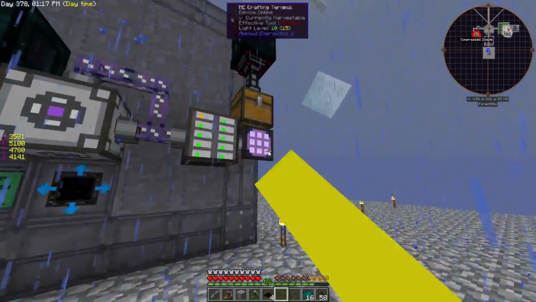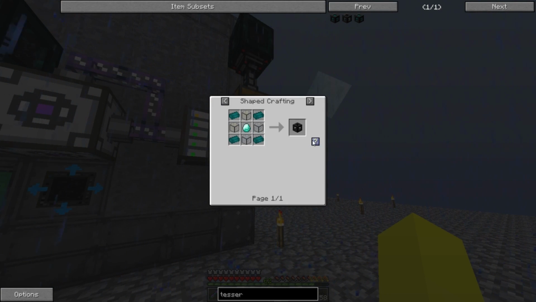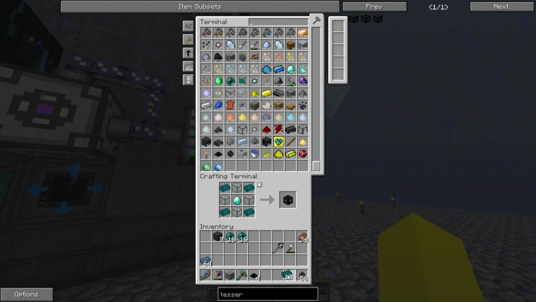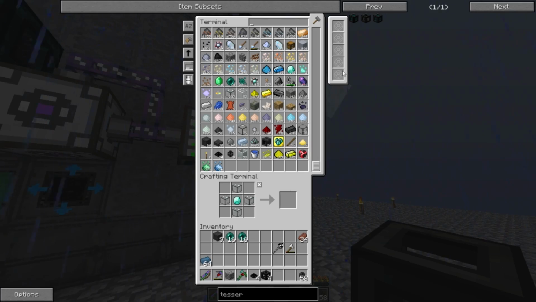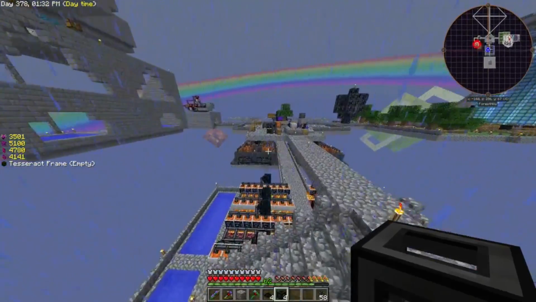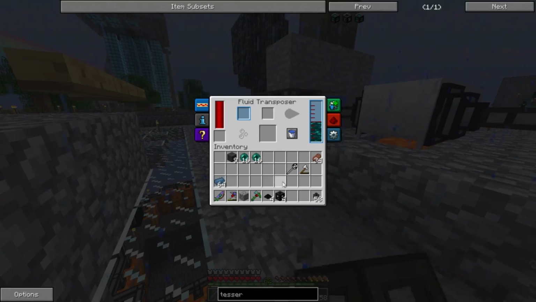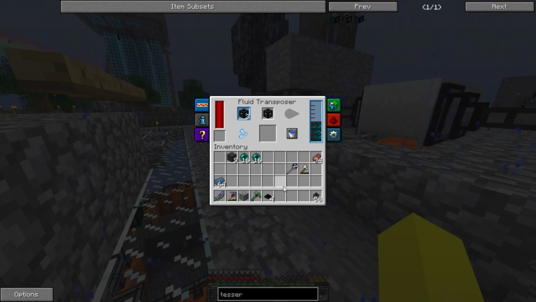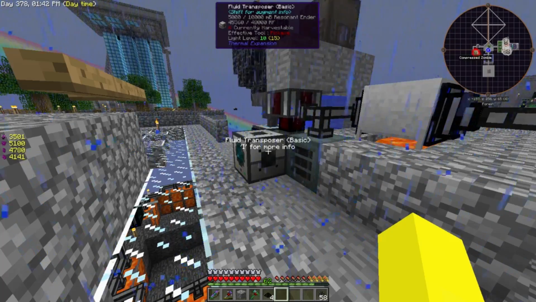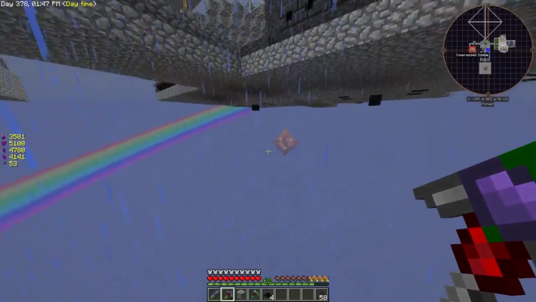The dream? Tesseract. Wait, the dream might be alive. The dream may actually still be alive. Put this into the fluid transposer. We just need 2. Okay, so while that's transposing fluid and whatever else, I'm going to go underneath,